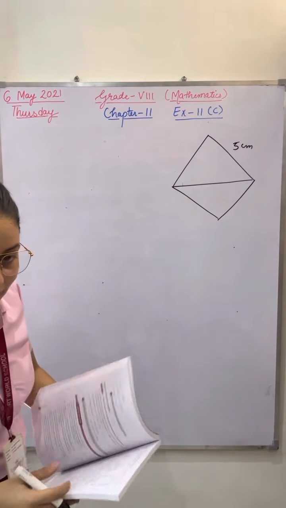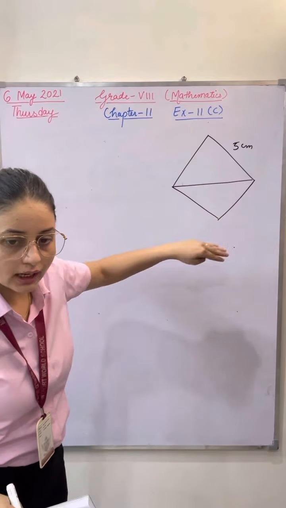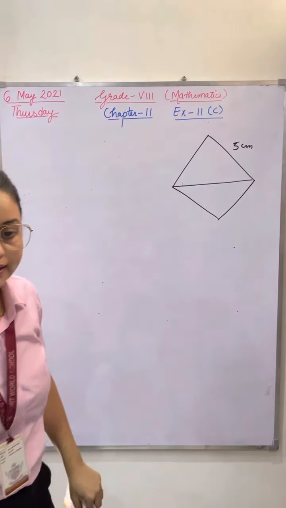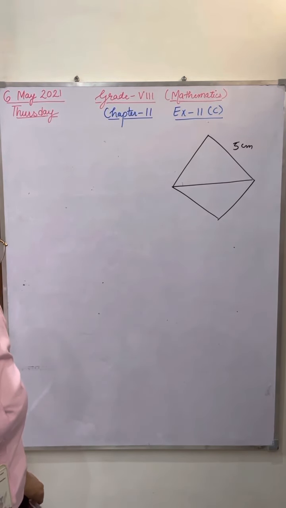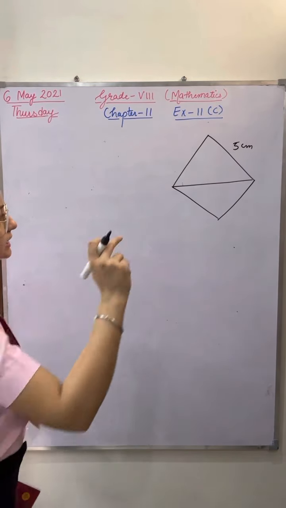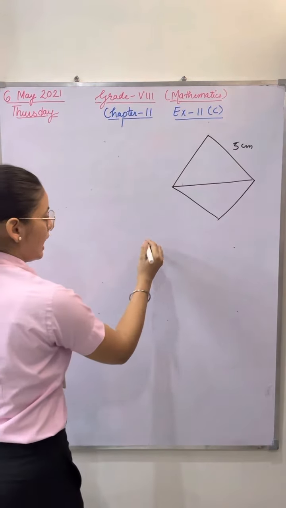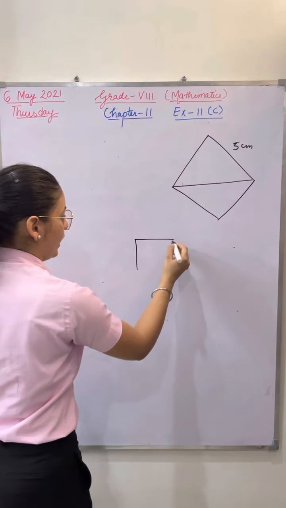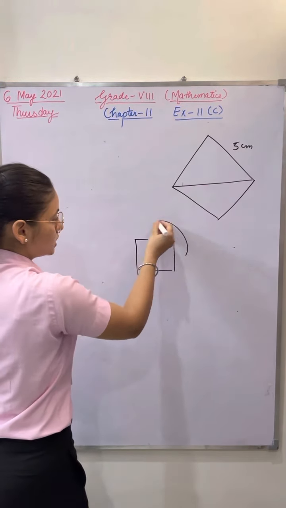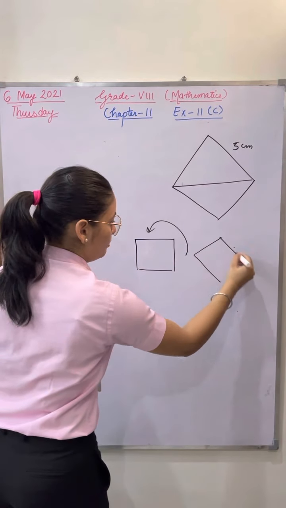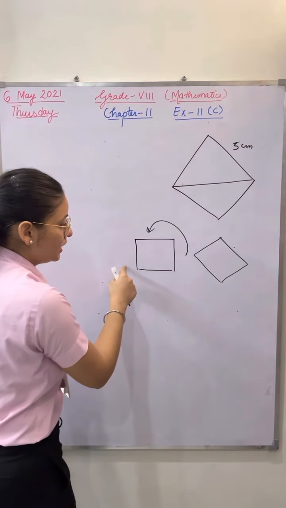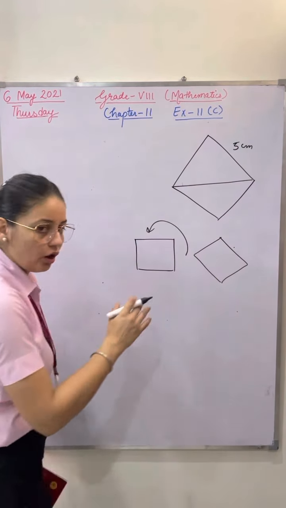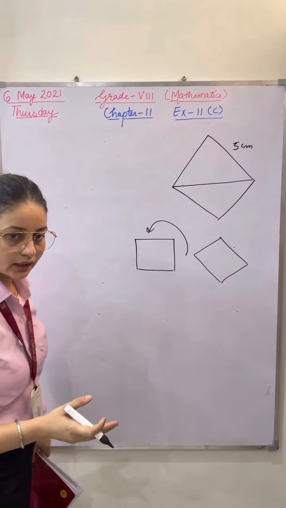Anyone can tell me, if one side of a rhombus is given, all the other sides will be what? Aditya Sachdeva, sit properly in the class. Last warning. Very good. Yes. A rhombus is a kind of square. When you rotate a square, it will be a rhombus. Like a square has all sides equal, similarly a rhombus has all sides equal.